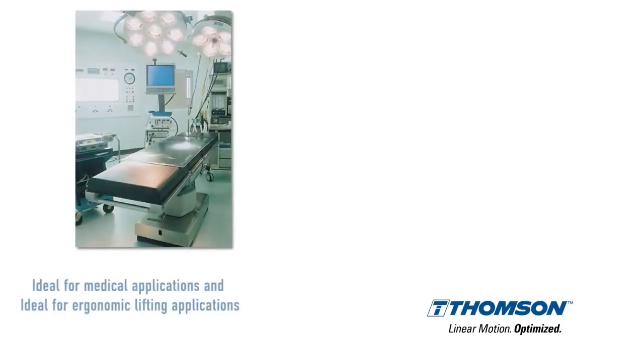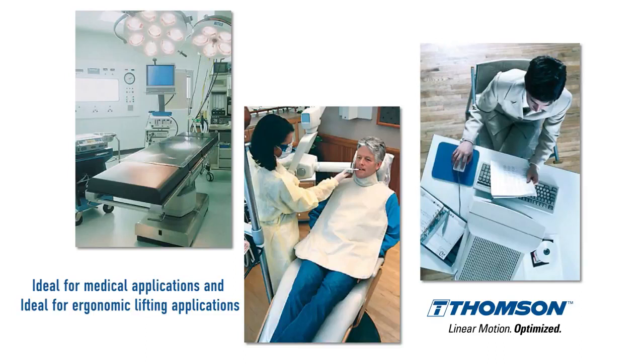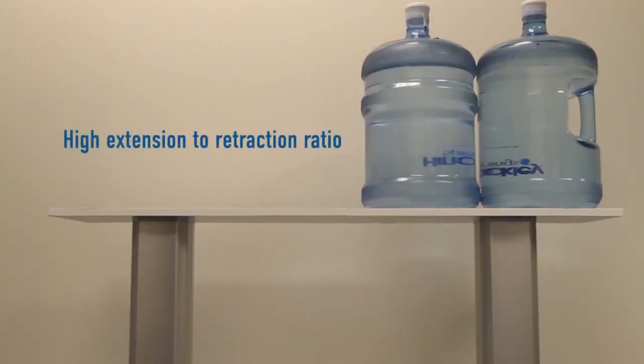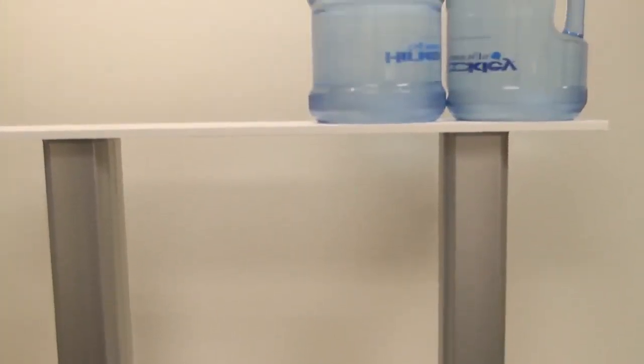You'll see these things in two different areas. One would be for medical use, so you can see them in a medical bed, an x-ray table, a dental chair, or in ergonomic lifts. So ergonomic lifts would be a desk lift, a workstation, anything where you might have some different assembly or require some adjustable lift. So in ergonomic applications, what's really good about these lifting columns is their extension to retraction ratio. With the telescoping extrusions and telescoping actuator inside the unit, you can go very low and then